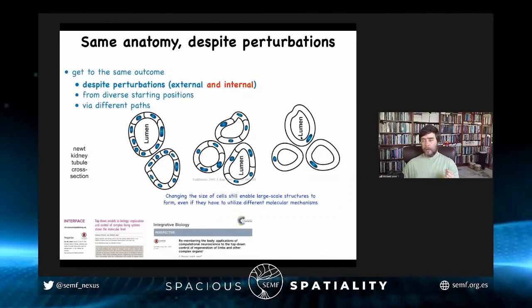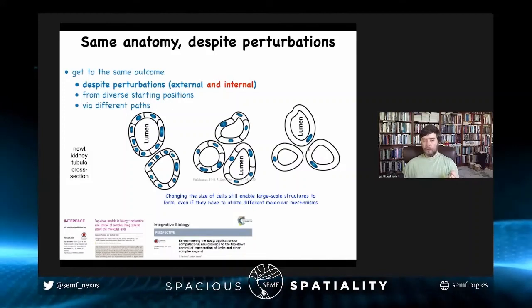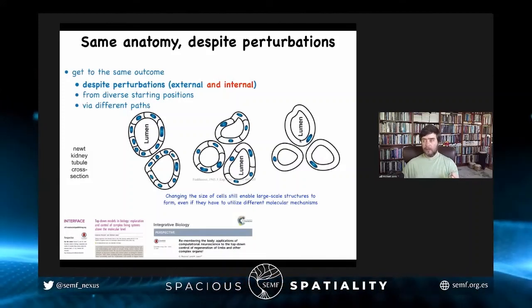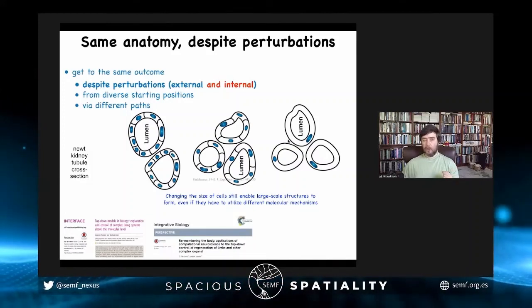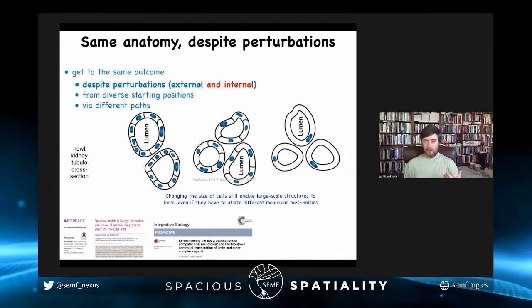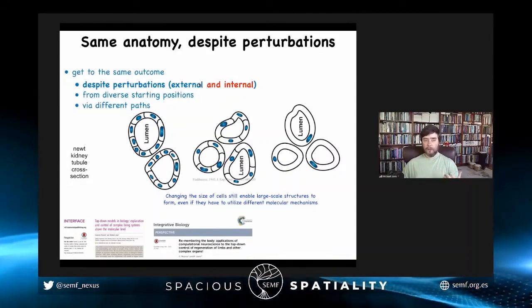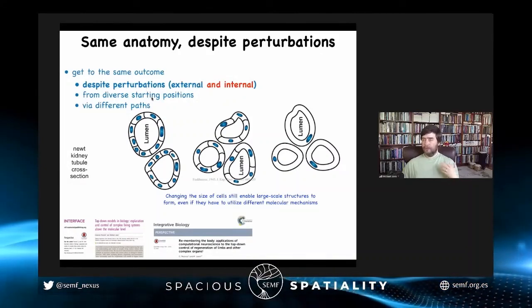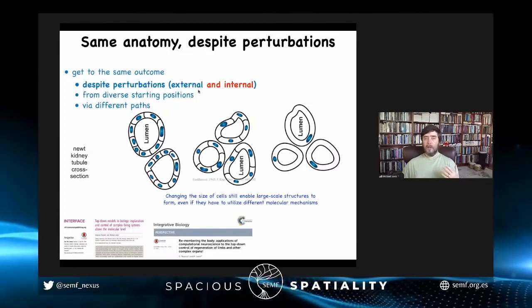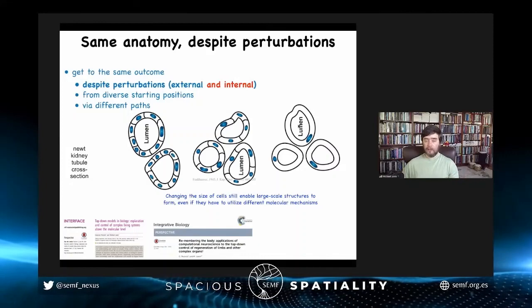And so this is a kind of top-down causation, where in service of a large-scale anatomical spec, meaning having the correct lumen, you can call up different molecular mechanisms to get the job done. So this, again, is sticking with this theme of intelligence as the ability to handle novelty in terms of getting to where you're going from diverse starting positions, with perturbations, both external and internal. Your own parts are changing. Can you still do what you need to do?